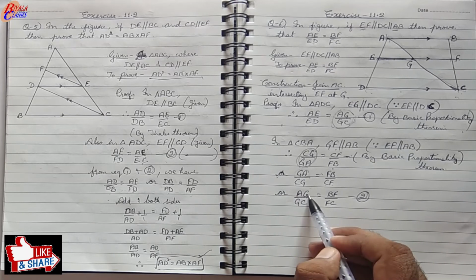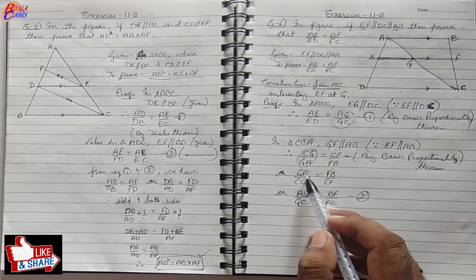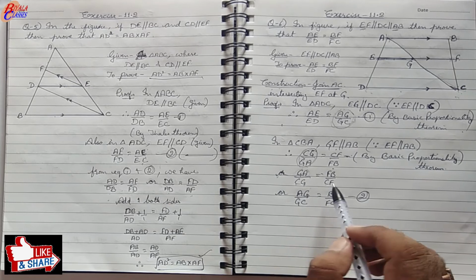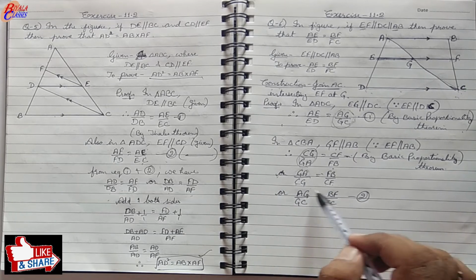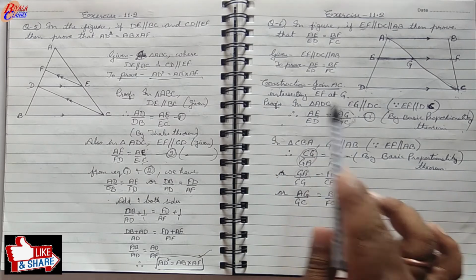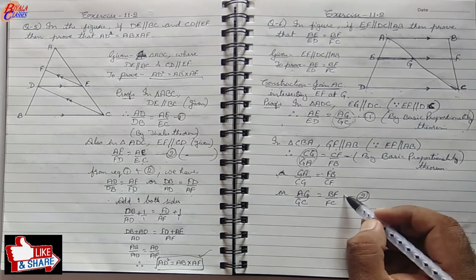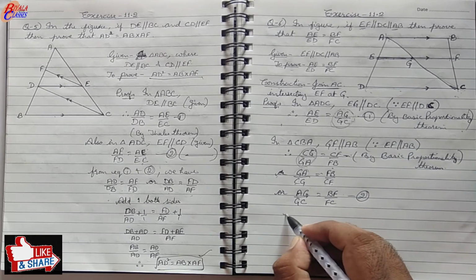Here we have done nothing, we have just rewritten the parts. GA we have replaced as AG. So GA and AG are not different, they are the same. But just to make you feel relaxed, and not confused with the result which we need, I have just made this. So here, now if you compare equation 1 and 2,